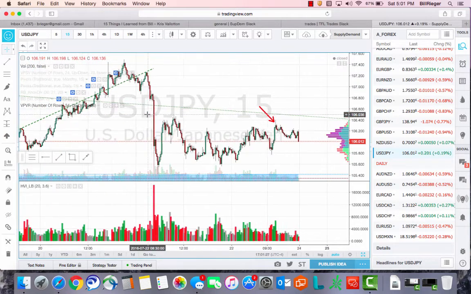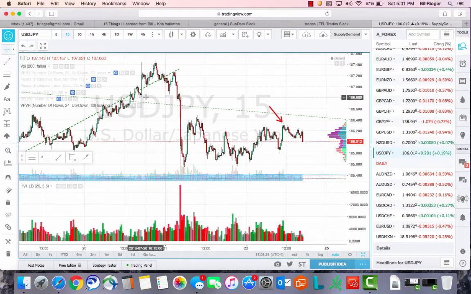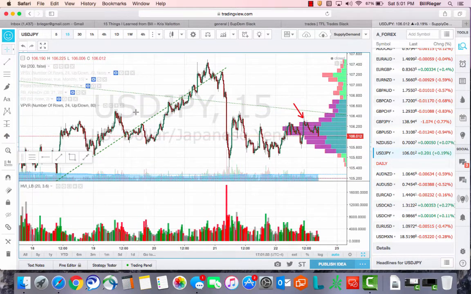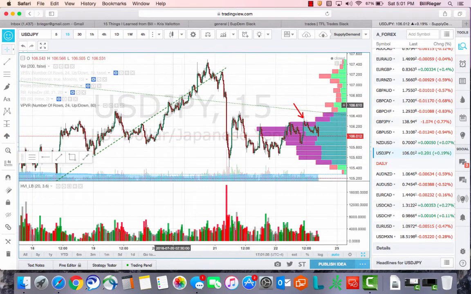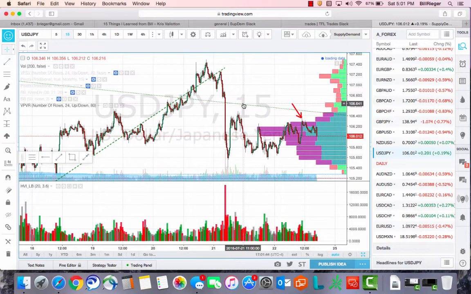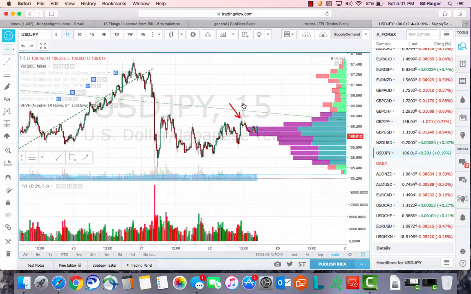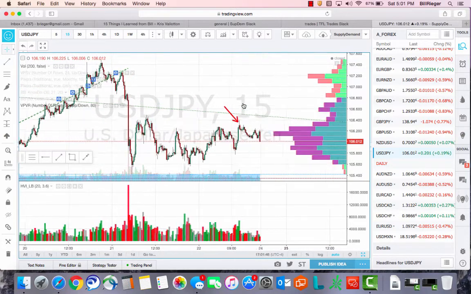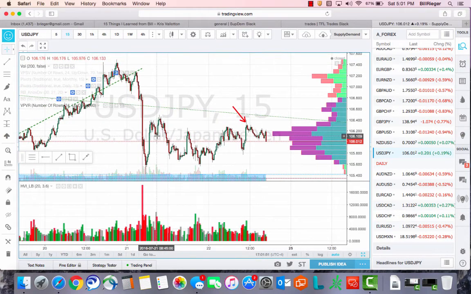So here's that area you see now on the 15-minute where we had that big drop. In the chat room, there's a lot of guys starting to go short in this area here, and waited it out and kind of came down here. This green line is that trend line at the top of the channel on the daily, just to give you a point of reference. And so I started looking on the 15-minute for where we might come back down. I didn't take any trades on this day, which was the 21st. So I started looking on the 22nd.